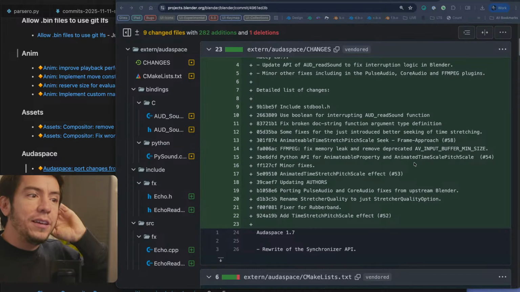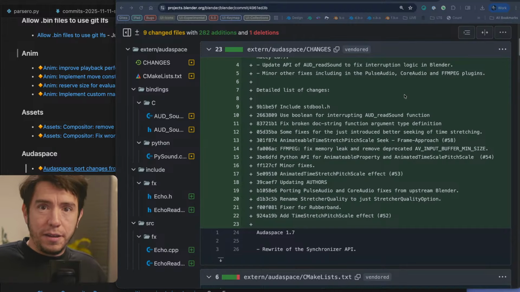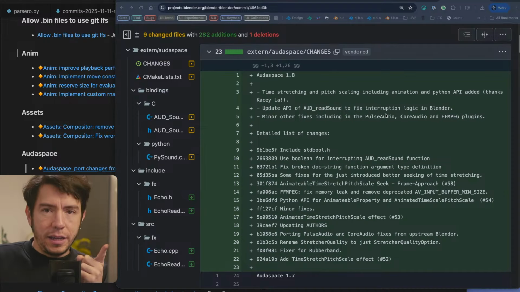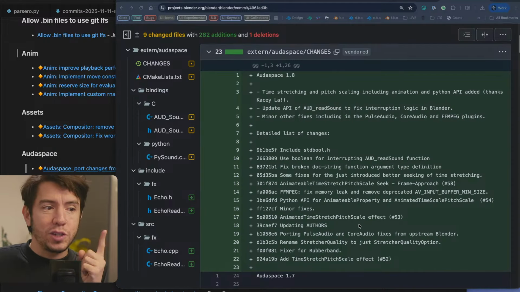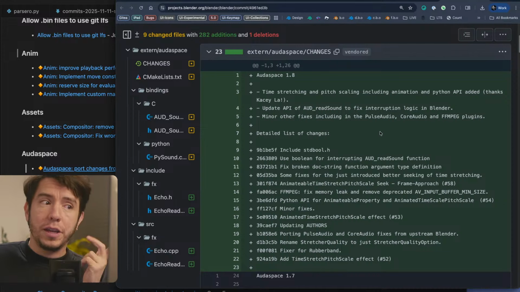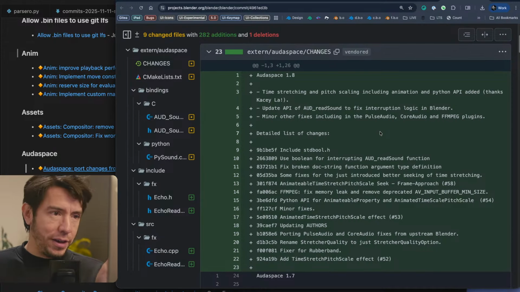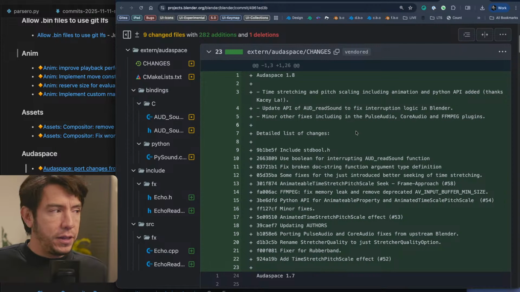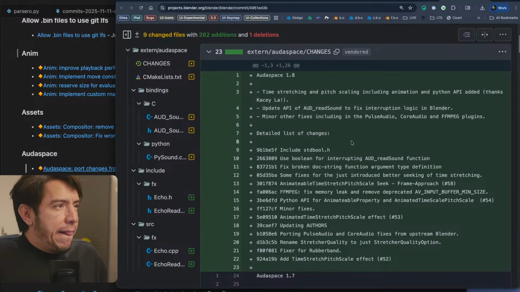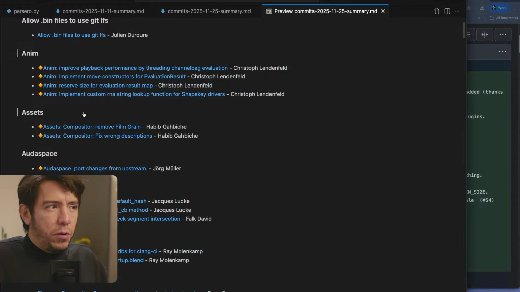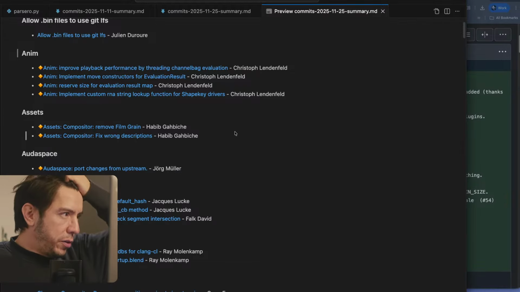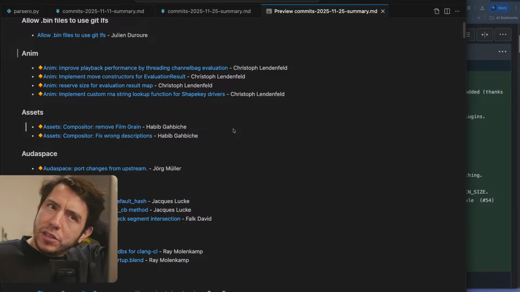So recently Blender got the pitch modifier in the sequencer, thanks to the pitch shifter effect. And now there is a pitch scale effect. So it means Blender could potentially get a new pitch scale modifier, and I guess the other one will be pitch shifter. Or you just get the same in both and you have a mode for it. What do you usually do more often? Pitch shift, pitch scale.